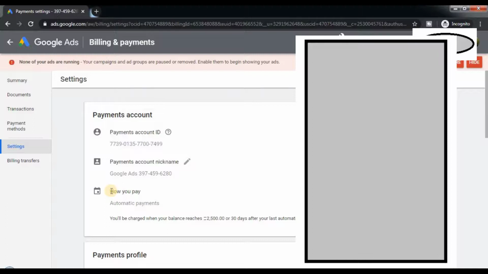There are two methods that Google provides you. One is a manual payment and the other one is the automatic payment. In automatic payment, please listen to this carefully. What happens is, whenever you create an ad or a campaign, it runs until your threshold. Once the threshold is reached, the payment is automatically charged to your payment setting, that is your card that you have provided or the bank account that you have provided,